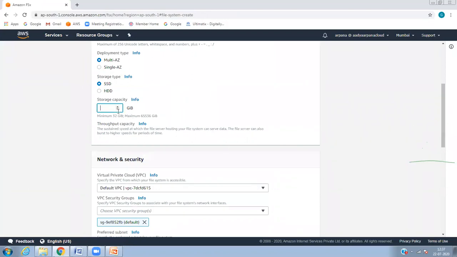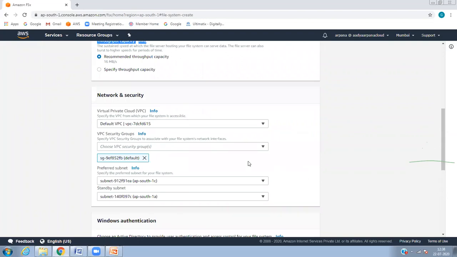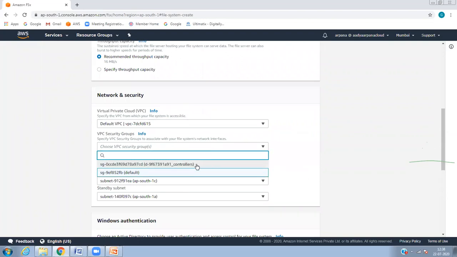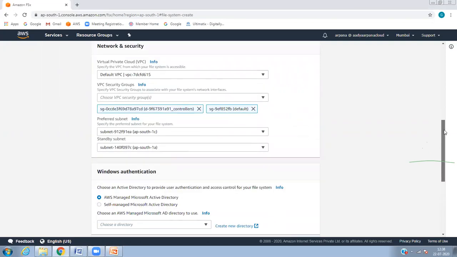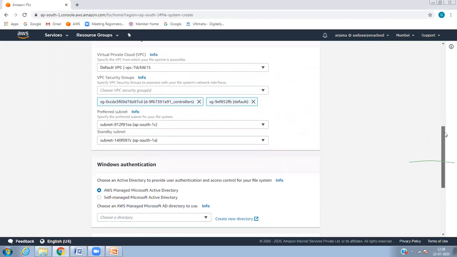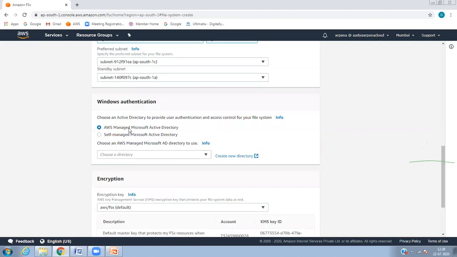The minimum storage is 32 GB, so give it 32 GB. Default, okay, I can add this also, not an issue. And it is already selected. You can choose multiple VPC security groups, not an issue. Here, the AWS managed directory service will definitely show.